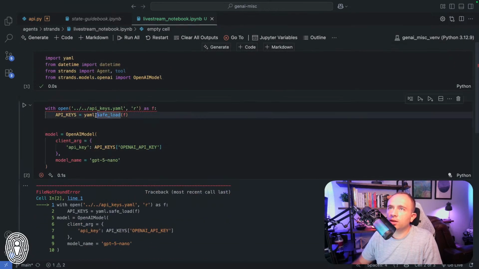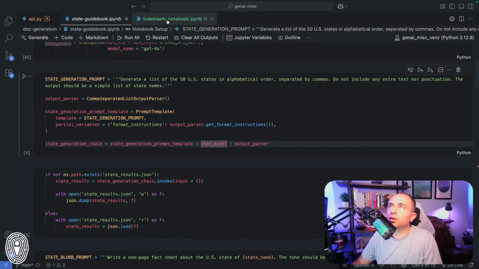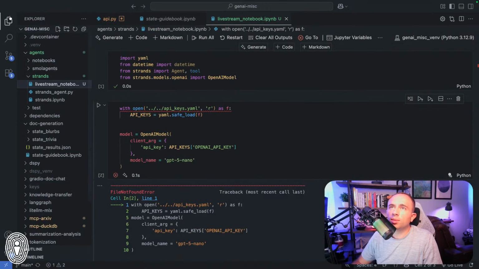All right, what did I do wrong here? Where's my, maybe I have it in a weird place. Okay, so I'm in here. You go up here. All right, so we're in this directory, up 1, up 2, keys, .api_keys.yaml.